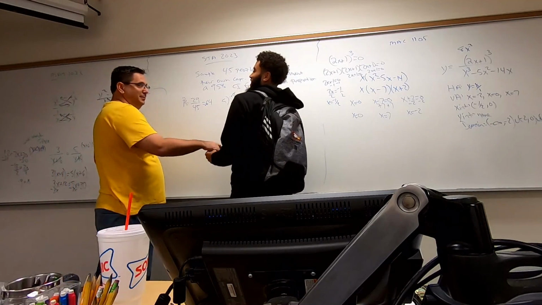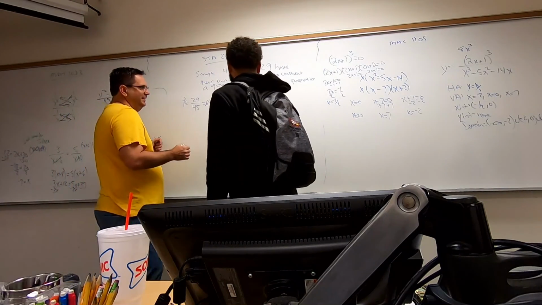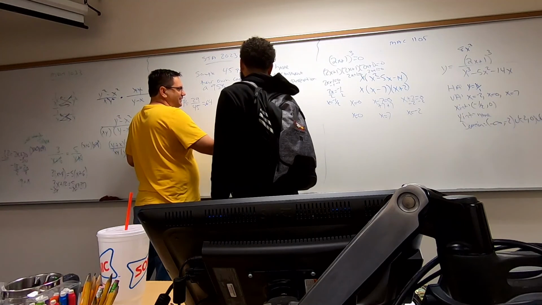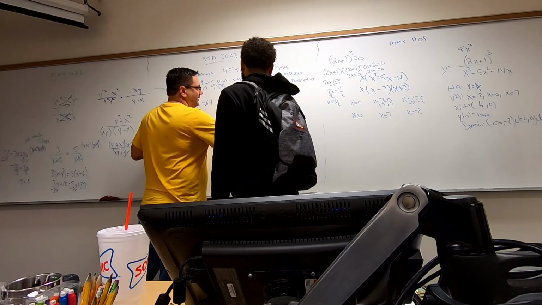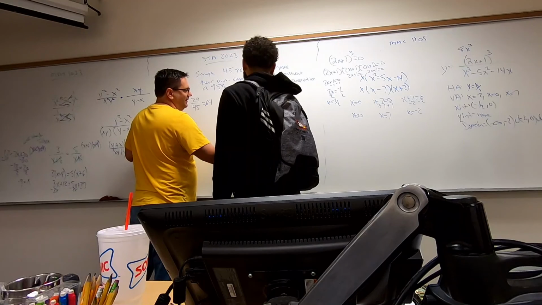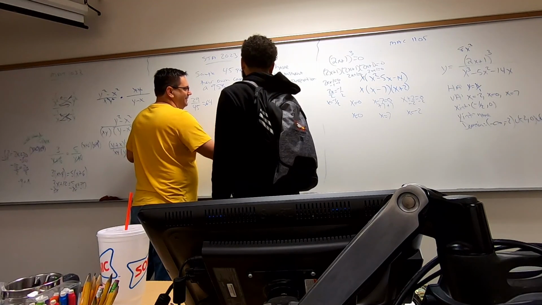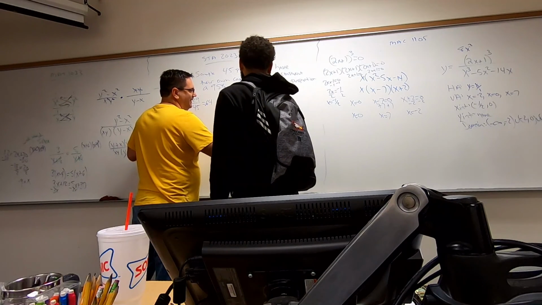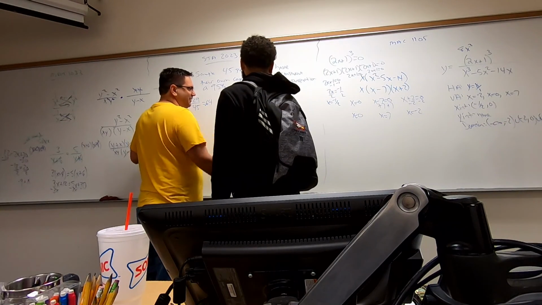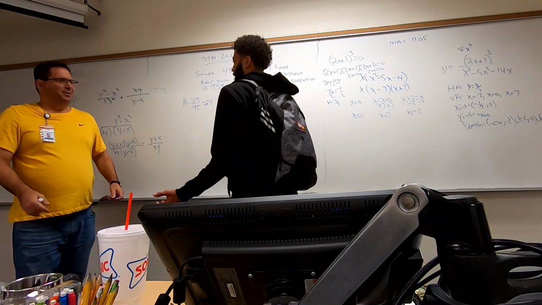Go ahead, Brantley. Should be p hat minus e, less than p, which is less than p hat plus e, where e equals the z score times the square root of